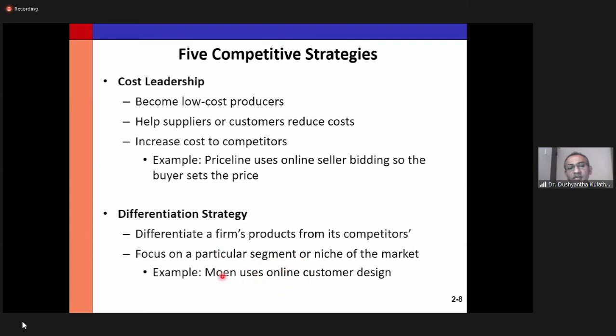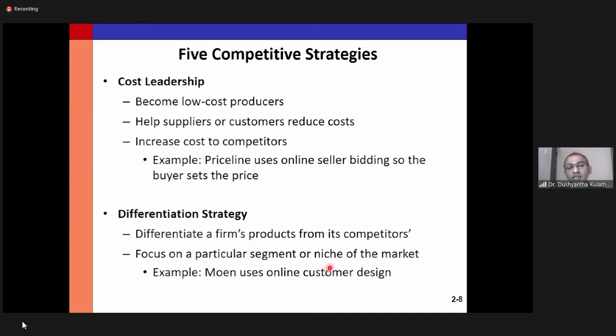So therefore, that is an example which can be identified under this particular subcategory, identifying a market segment or a niche of the market. Because when you customize those items, naturally the cost will go up, and that may not be attractive to mass customers, and may be affordable only to a limited number of high-end customers. But Moen utilizes this option, focusing on high-end customers, allowing them to have their customer designs or custom designs